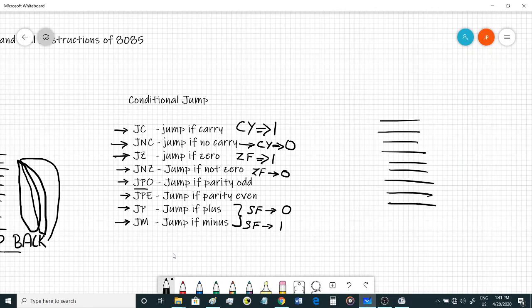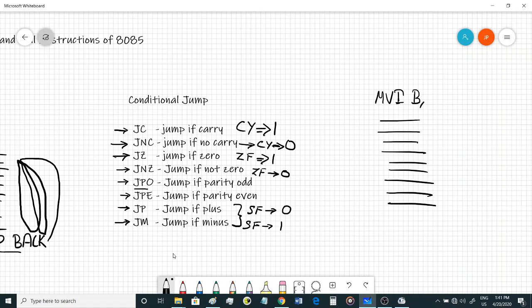Now always, if you want to make a loop, you definitely require a counter. So you'll have to use one counter. Any of the general purpose registers can be used as a counter. So let me take one register, MVI B. Let me take this B register.